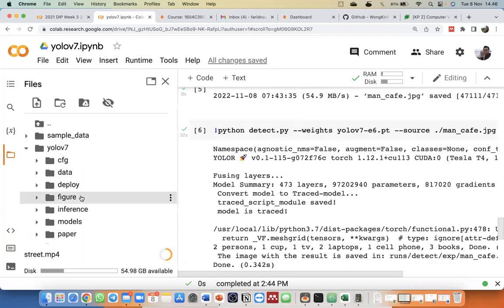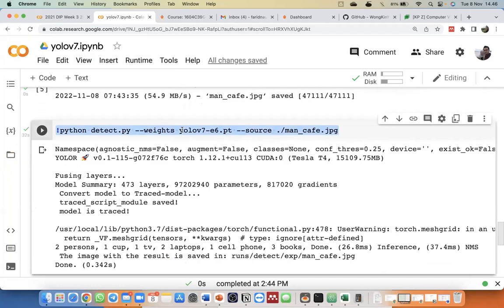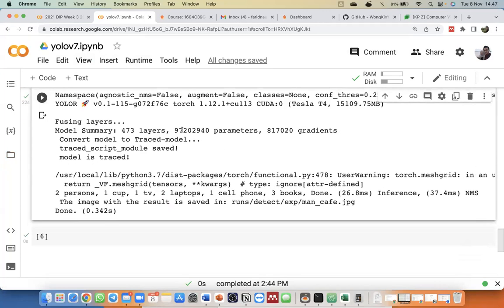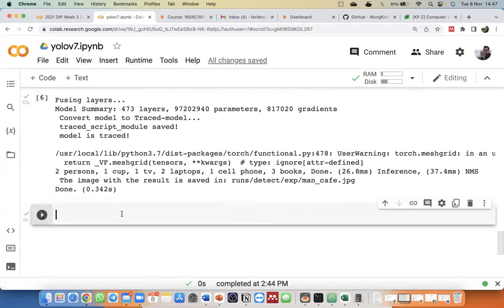While we are waiting for the uploading process, we can just copy our previous code here for the object detection inference. Then we can just change this file into street.mp4.